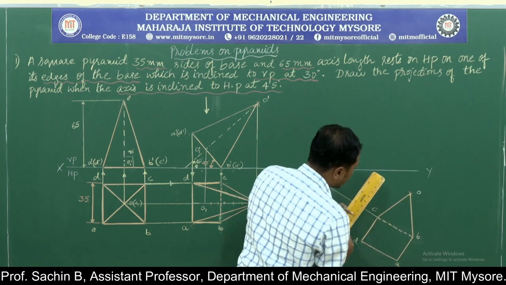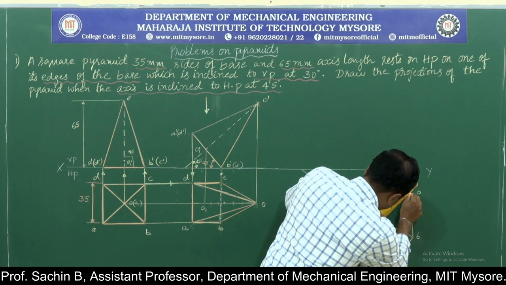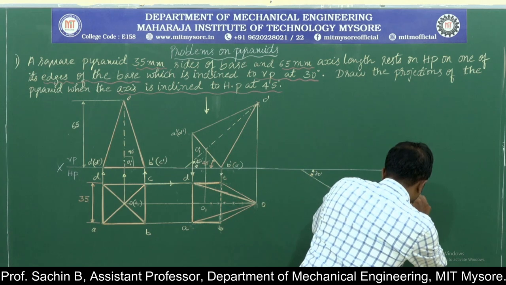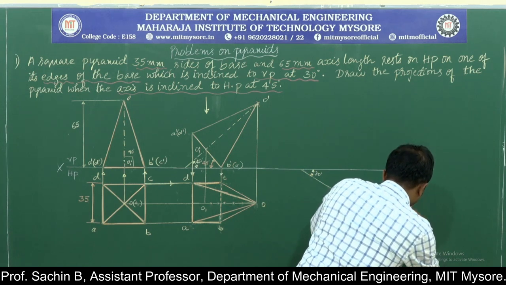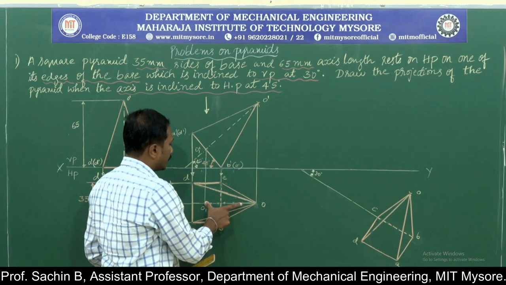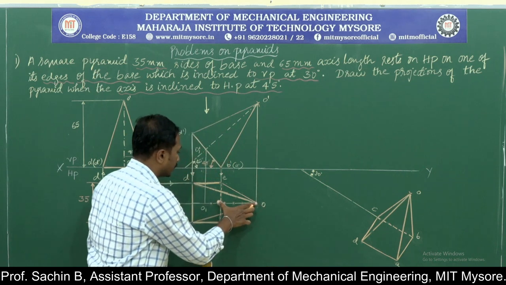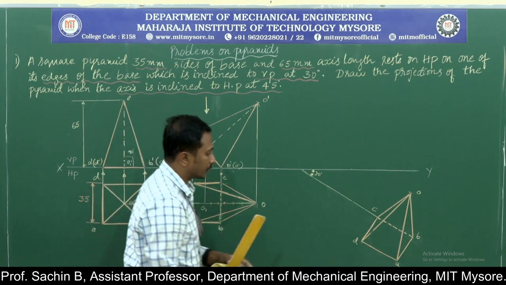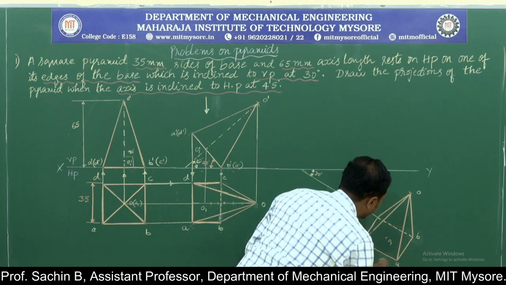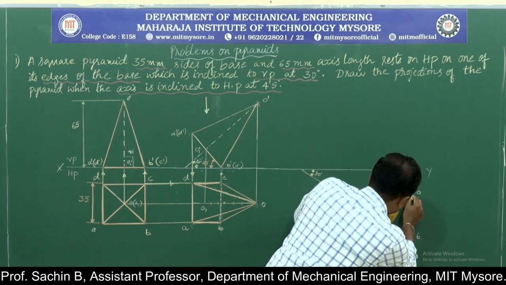Next, the remaining part of the construction is very easy. I will go for connecting all the slant edges. Next, I need to measure the length from O to O1 to draw the chain line. Now I measure the length from O to O1 with the help of the compass. I will come here and mark a point. I will call it O1. And this will be the chain line.